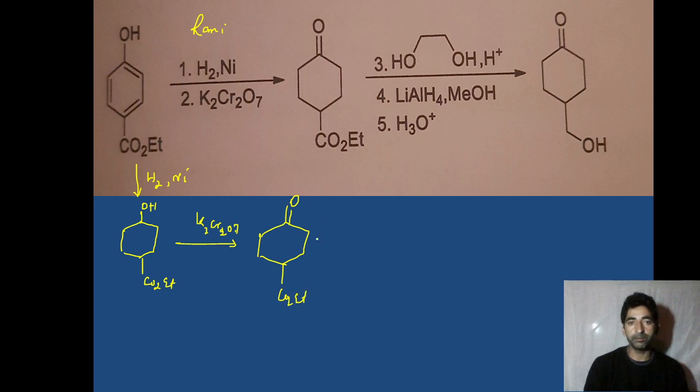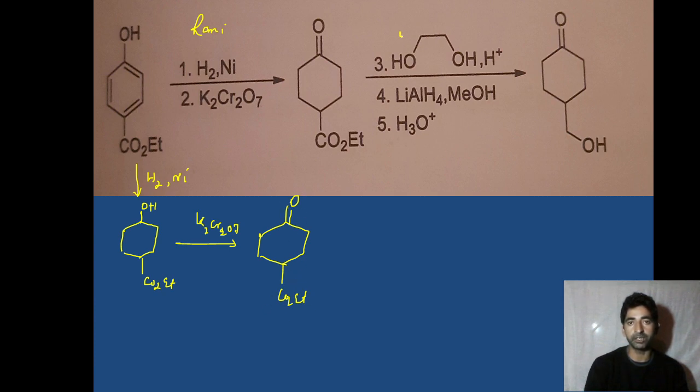Now in the third step, the reaction is treated with lithium aluminum hydride. Lithium aluminum hydride is a reducing agent. It can bring about the reduction of this carbonyl group, that's the ketonic group, and it will bring about the reduction of this ester. Now what do we want? We want the reduction of this ester and not that of the ketonic group.